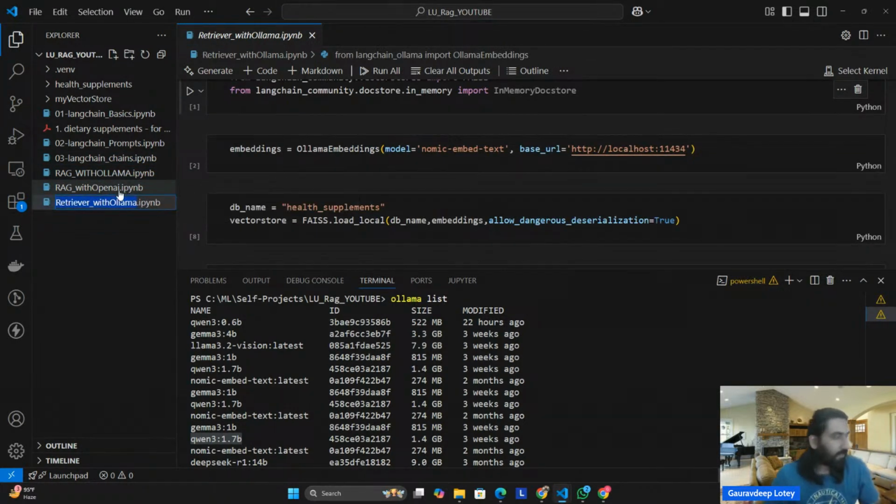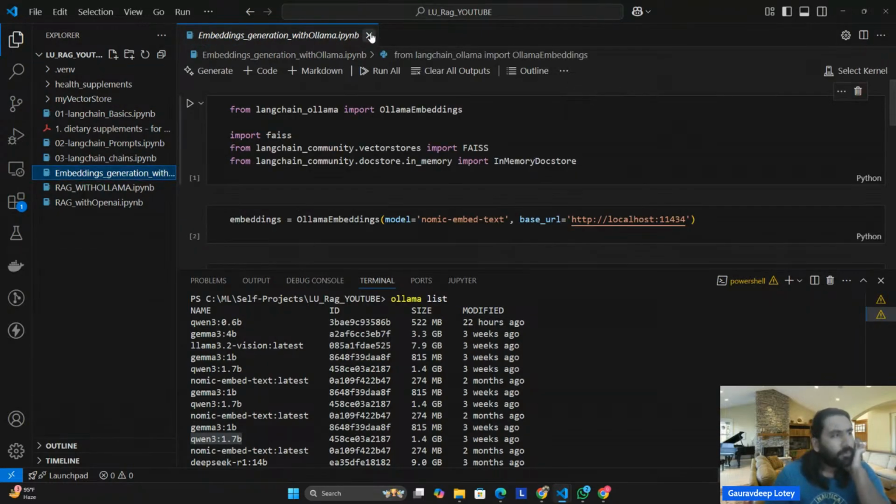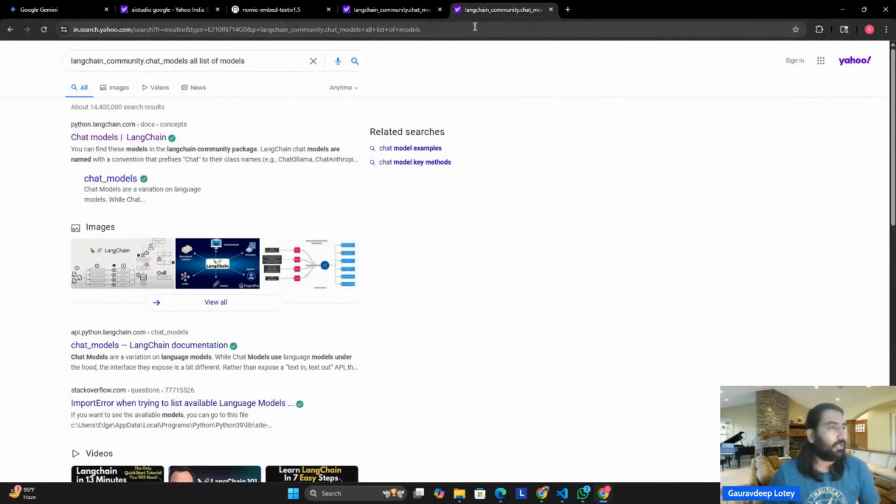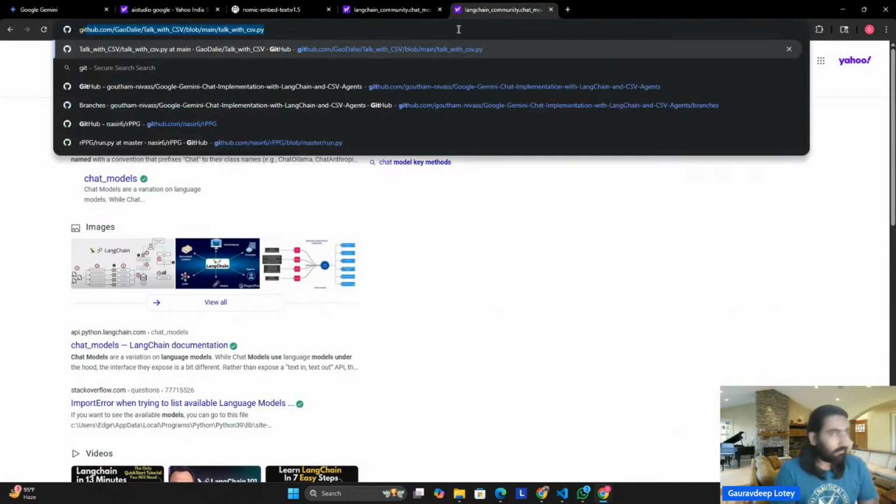Okay, I'll rename this file embeddings generation with Ollama. Okay, so you have all the source code you need. Now give me just 2 minutes, students. I'll quickly create a Git repository,